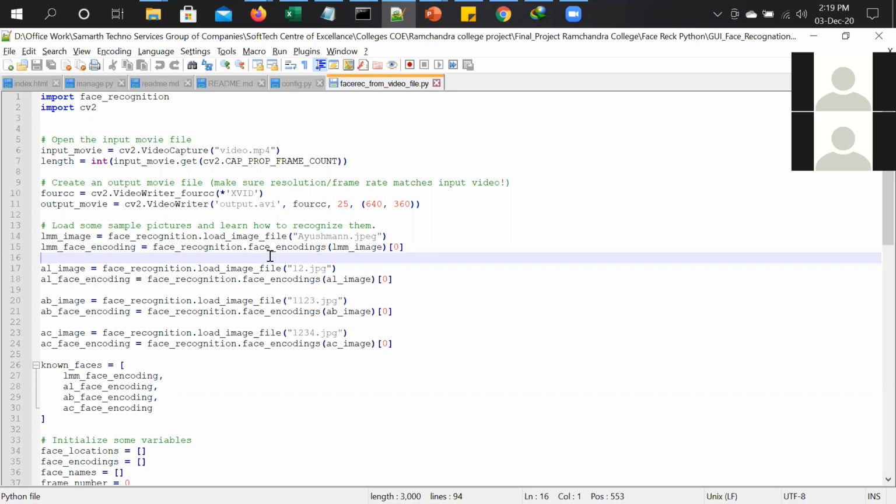Every audio and video has an encoding format and decoding format, and those we call codecs. So we need to identify the codecs, then slice that video into small pieces, or frames, and then check whether the particular face we have taken as the input image is getting matched with every frame or not.